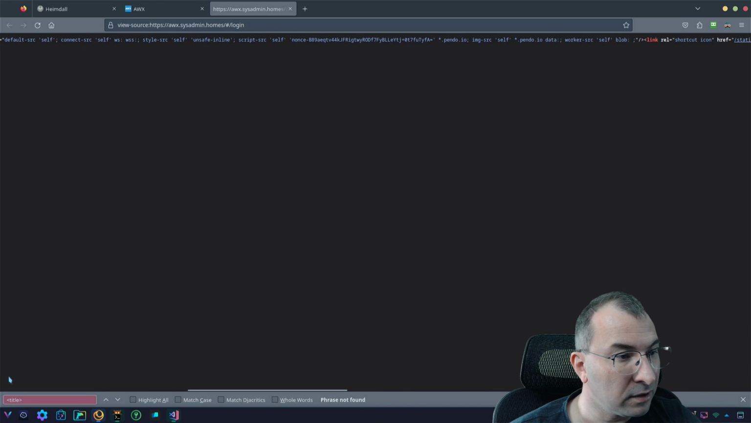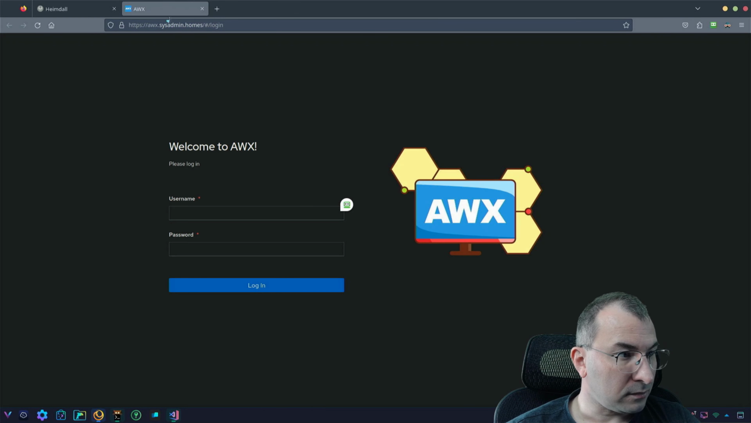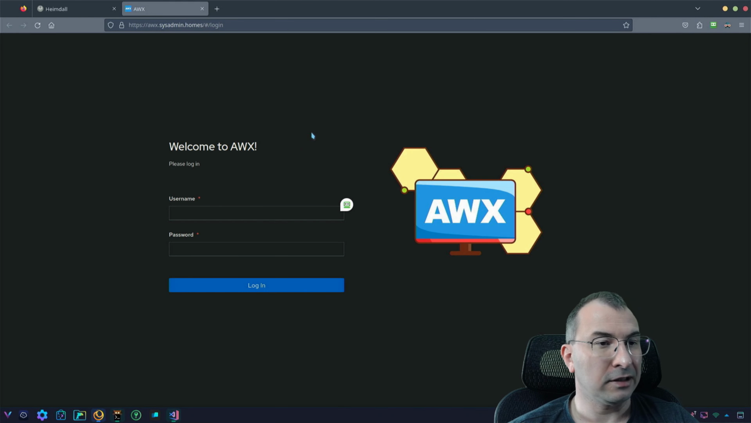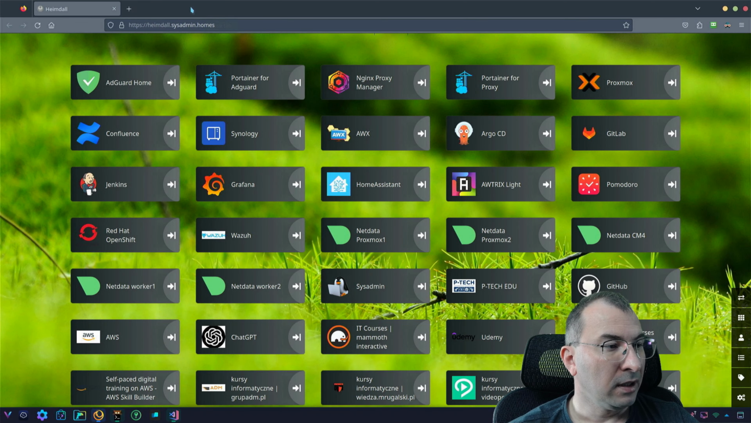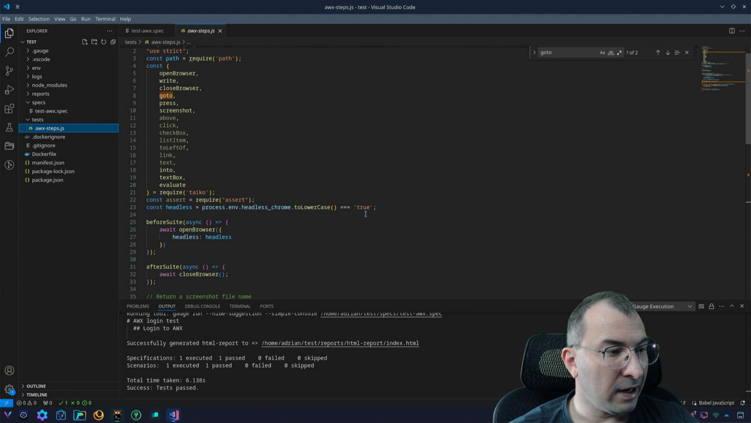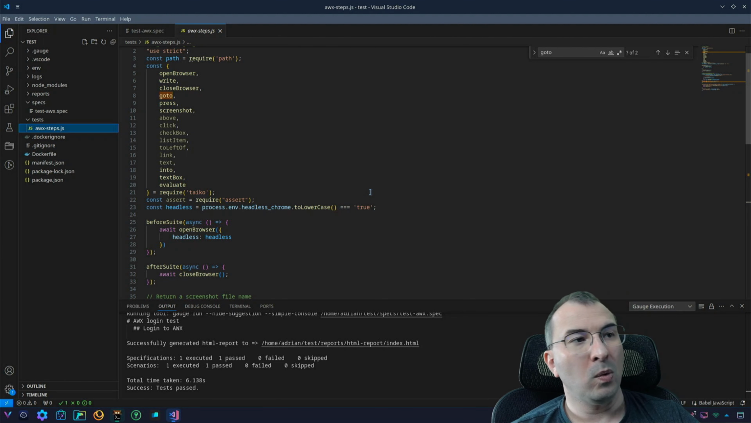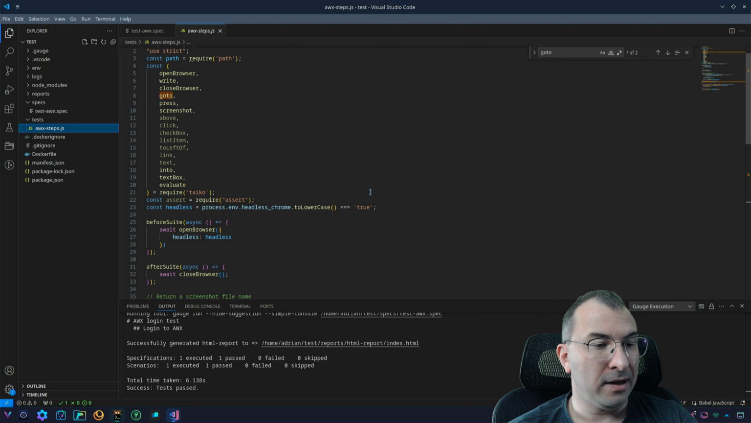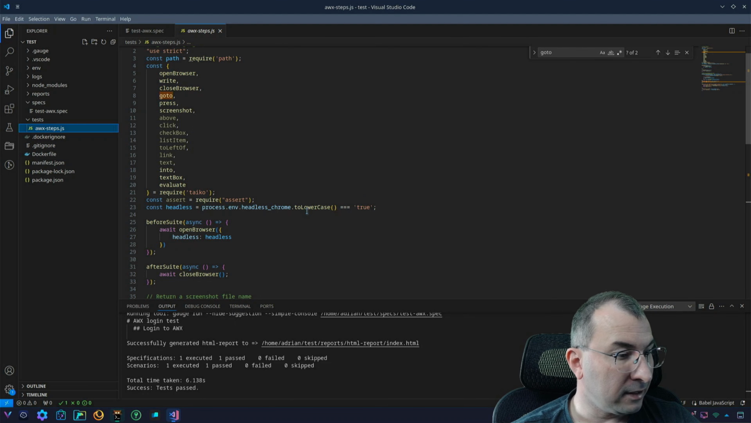It should look for the title tag, and you can see it here on the tab, AWX. This is the title of this website, so we can look for the title as an example. Okay, and that's it actually. So this is the way we can learn basic things, and at the end what we can do, we can